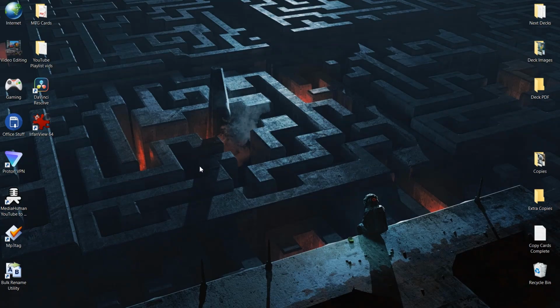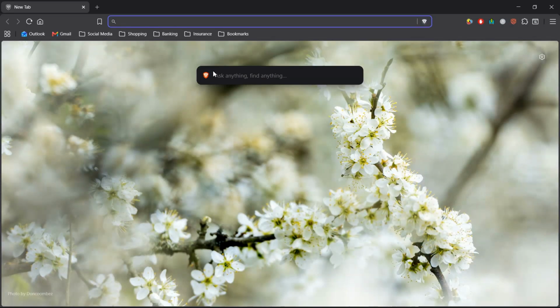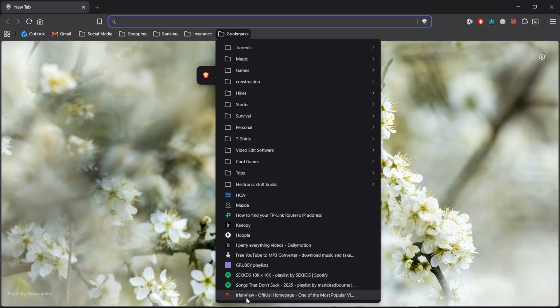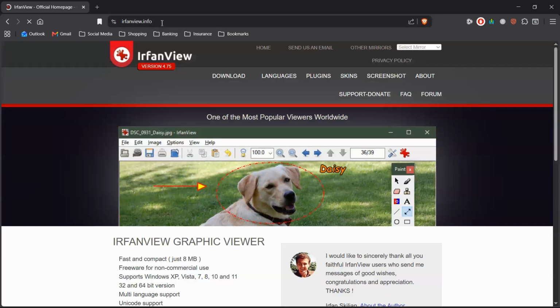I'm going to show you guys how to do a batch conversion of image files to any other image file or to a PDF file. I use this for making proxy cards for Magic the Gathering. First, you want to go to